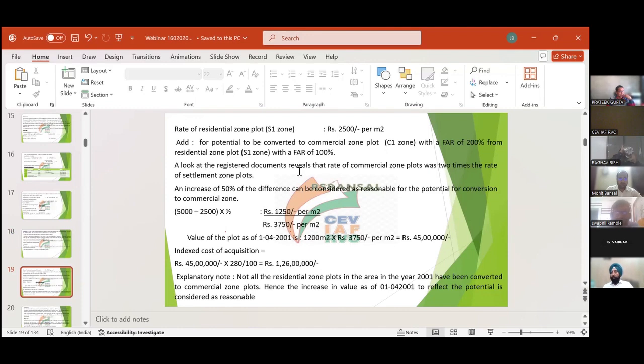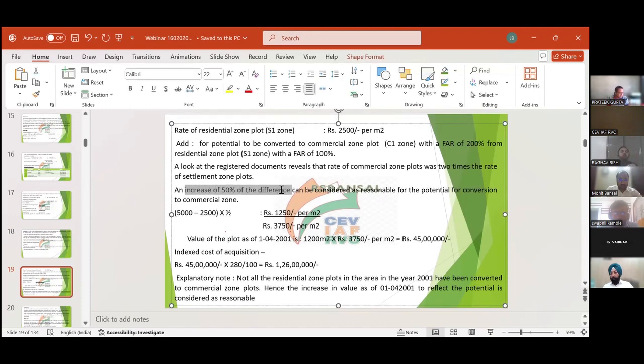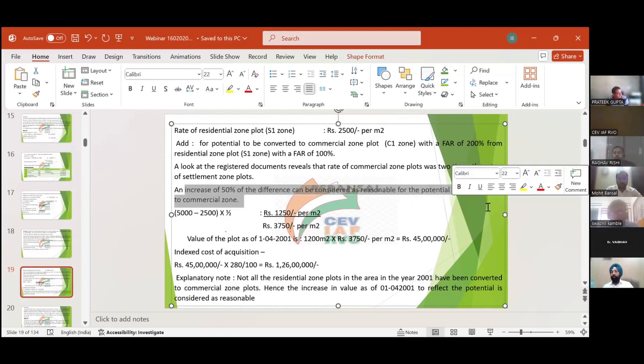The registered documents reveal that commercial zone plots were 2 times the rate of settlement zone plots. So an increase of 50% of the difference can be reasonable for the potential of conversion to commercial zone. So 50% of the increase, 5,000 minus 2,500,